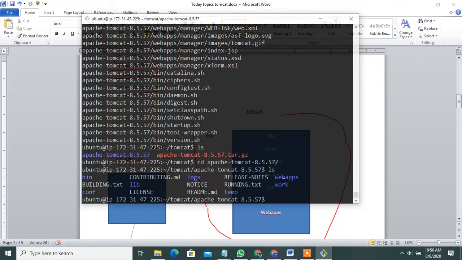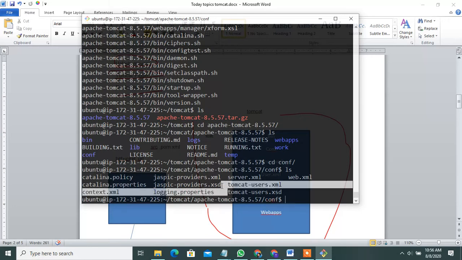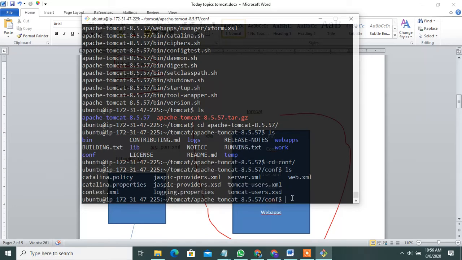First of all, go to this conf folder. In server.xml you can change the port, and there is also tomcat-users.xml. I will show it. What is server.xml? What is tomcat-users.xml?